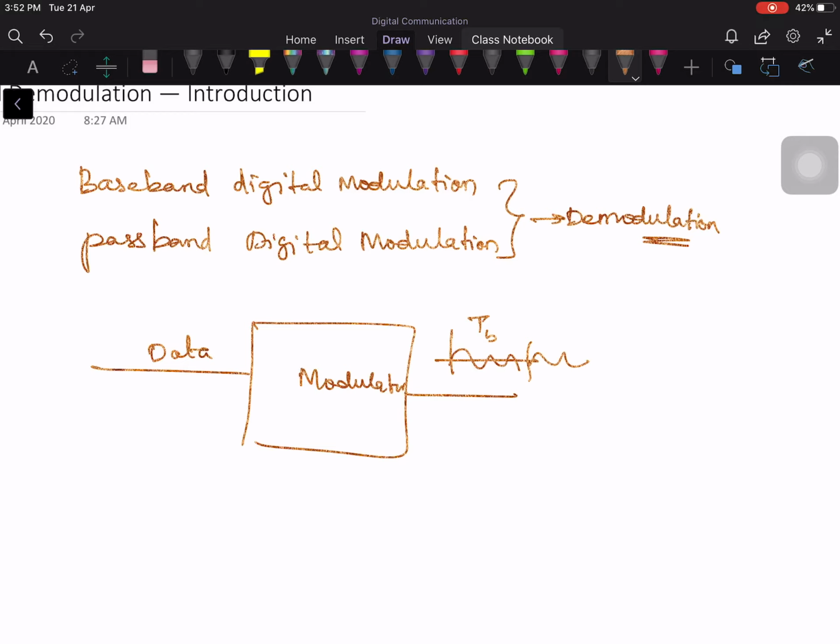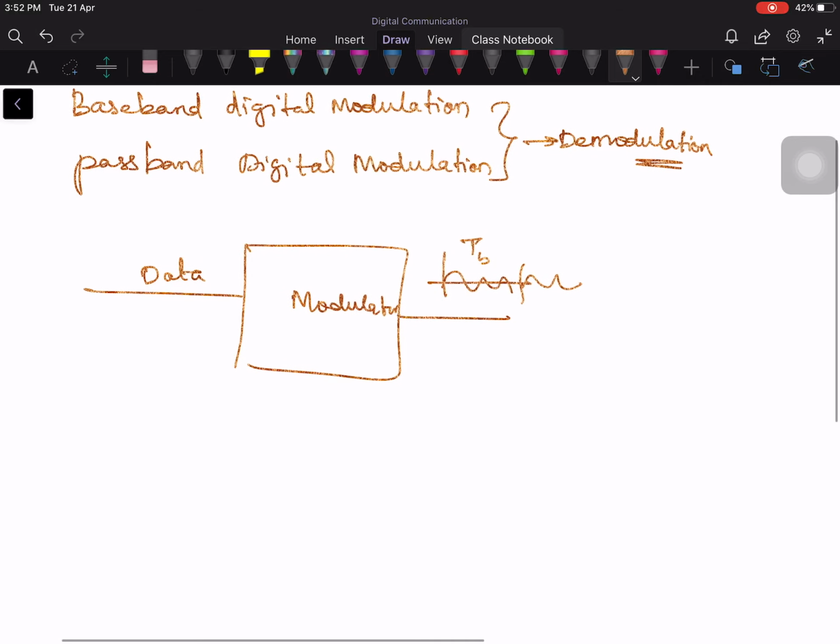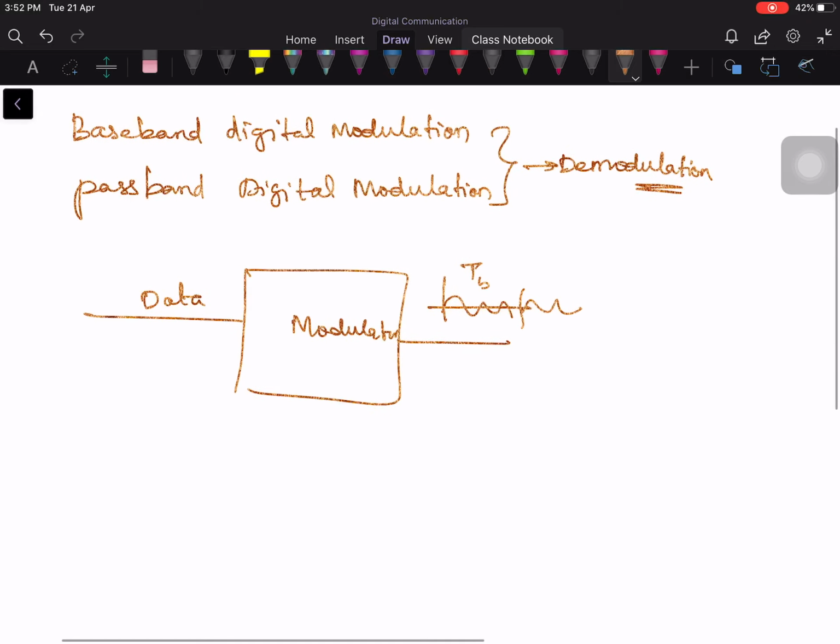So essentially what we did is we put data onto a waveform for communication through a waveform channel, because we need to communicate, right? This modulation scheme could be a baseband modulation scheme, or it could be a passband modulation scheme, depending on what kind of channel you are finally going to use. So based on the channel condition and the type of channel that you have decided, you can choose either a baseband digital modulation scheme or a passband digital modulation scheme. Okay, so we have seen how to map from data to waveforms. Now we would like to go from waveforms to data.